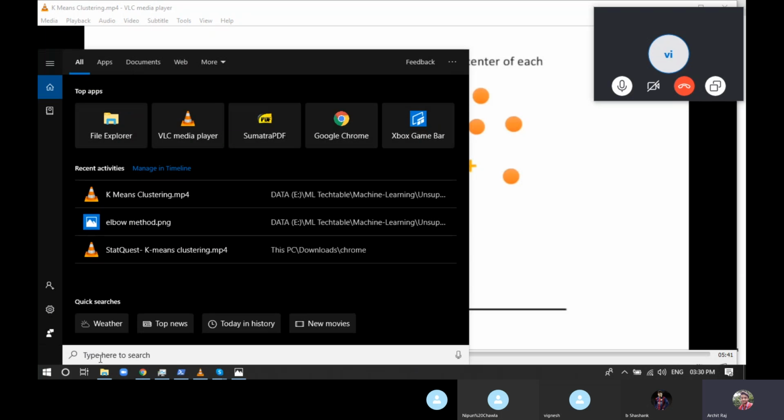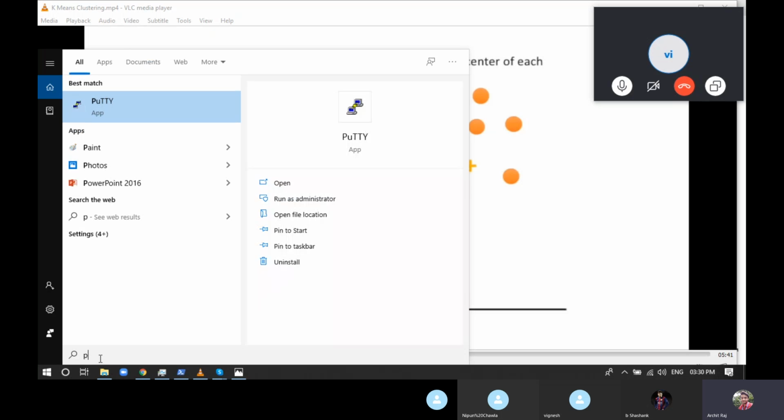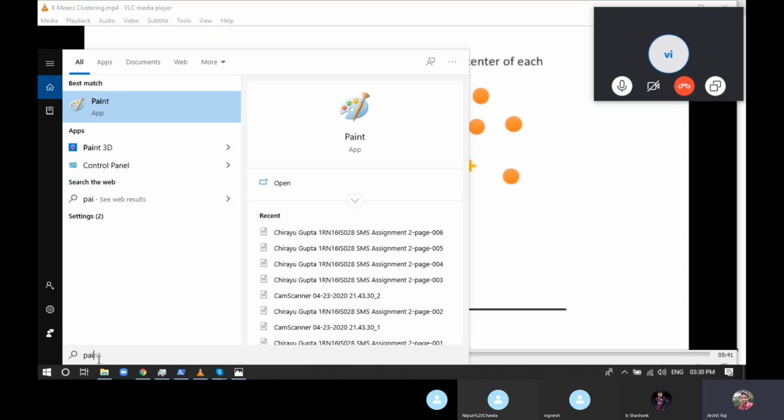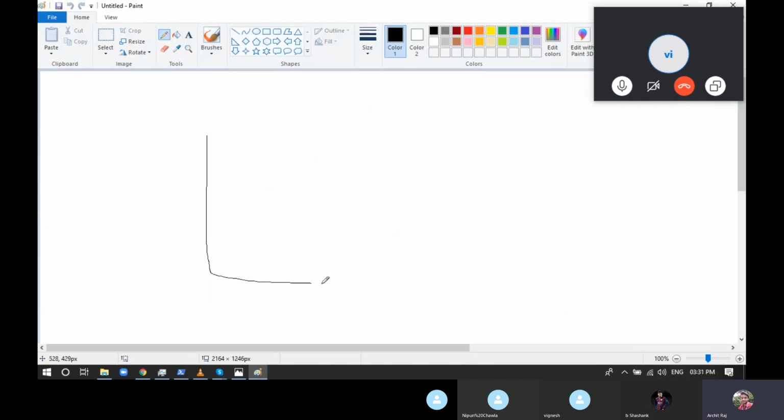Now this is the first prerequisite for checking the value of k. Now if I try to start Paint, so this is Paint. Imagine these are all your points, and this one is your centroid.